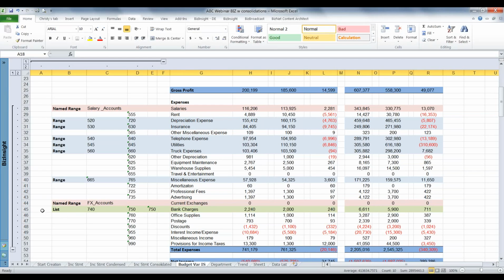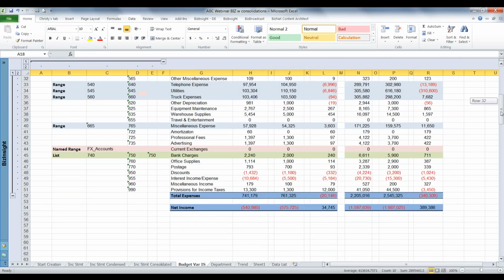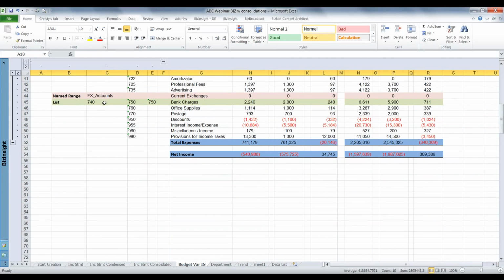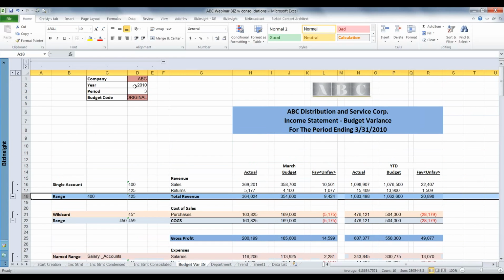And on line 45, there's actually an example of a list. It's a small list. So if you have a specific list of accounts, that can be done either by putting each account into a cell by itself, or you can create an expression for your list as well. One of the things I don't show here is you can create expressions. So if you have very specific criteria, for example, you have a range of accounts, but you need to exclude one account that's in that range, and then you need to add another account that is not within that range, you can create expressions to